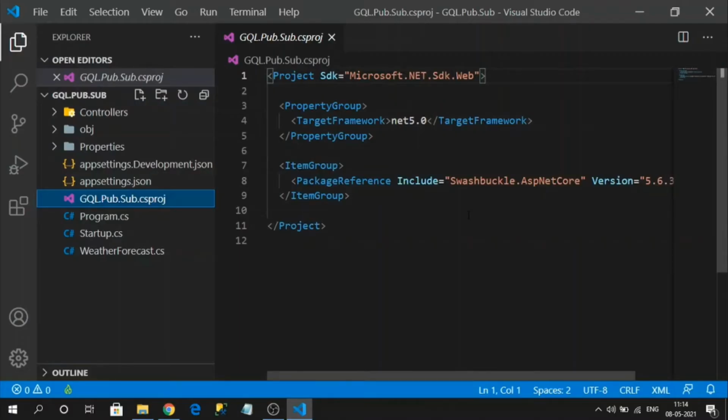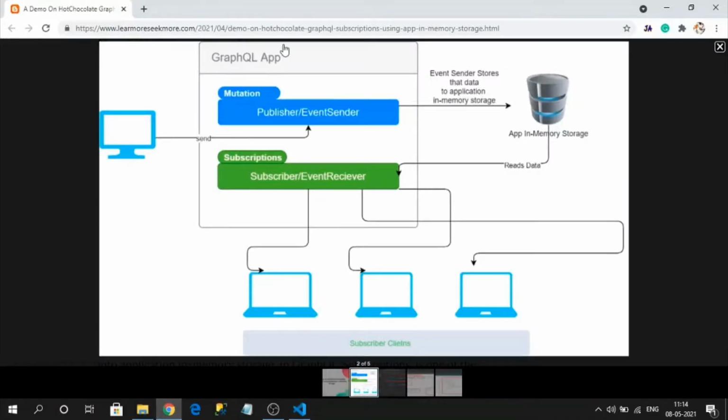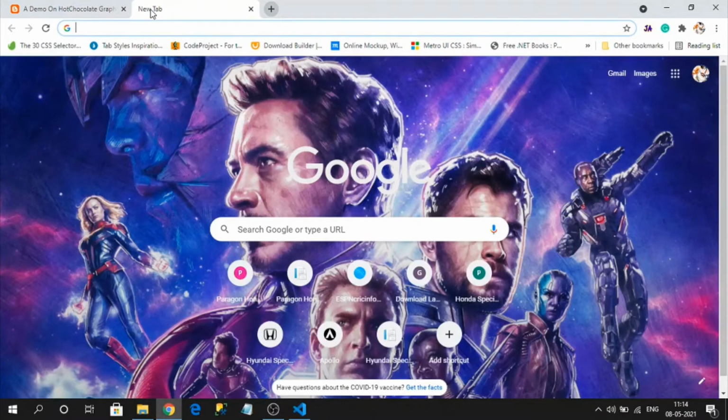Here you can observe the target framework is .NET 5. The first step is we need to install the Hot Chocolate GraphQL library. So let's install it. If you want any beginner tutorial about GraphQL and also advanced topics like JWT token authentication in GraphQL, you can check my .NET playlist, where I have already created a few important topics on GraphQL.